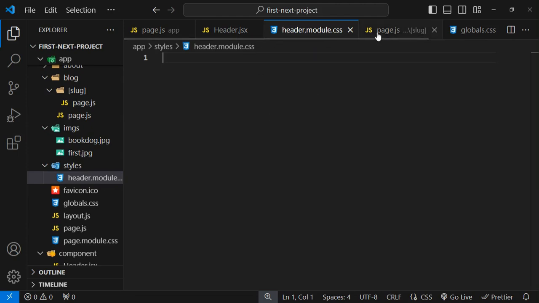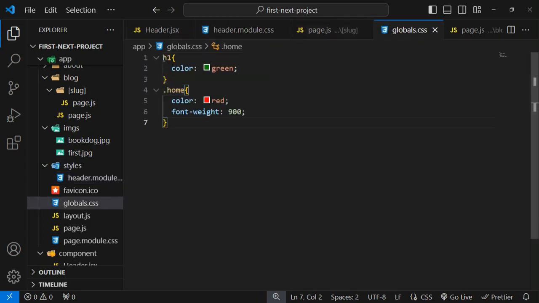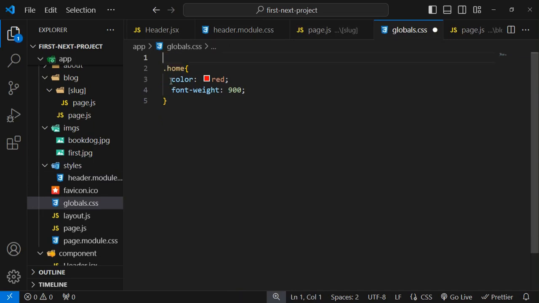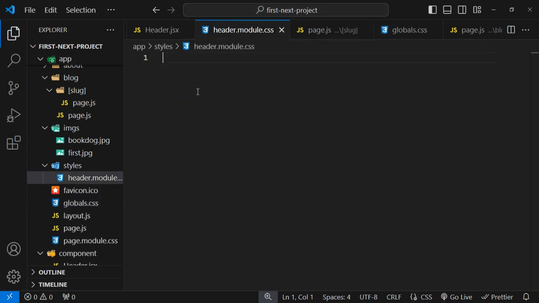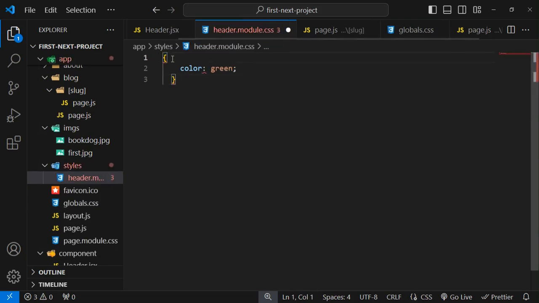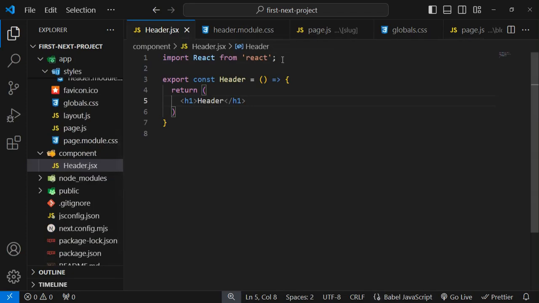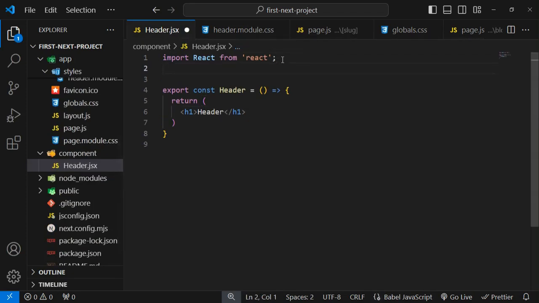So if we have to write component based CSS, we should have to write component name dot module dot css. So I'm gonna remove that h1 tag from here, from inside that global.css, and I'm gonna paste it, and I am going to change that name because this is HTML name. So we don't need to write here HTML name. We have to type any other name. I have just written head,